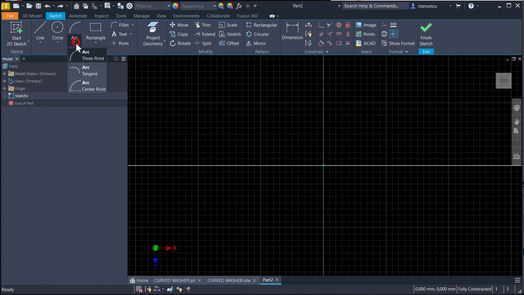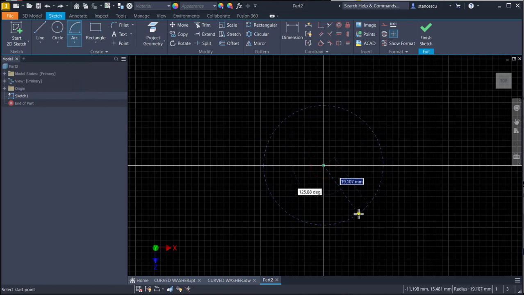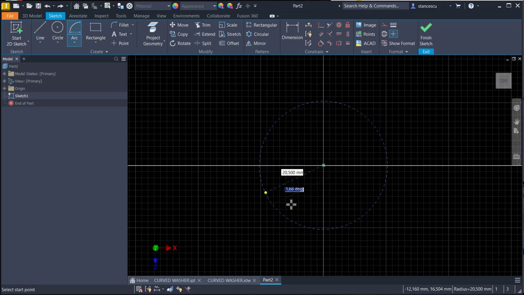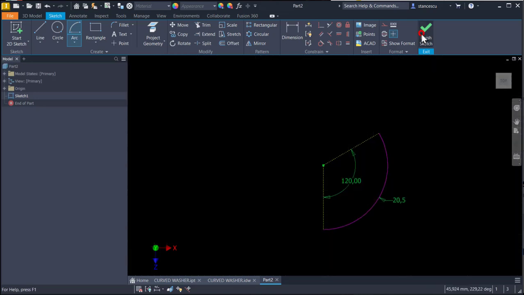I create a center point arc in the center point of the system with a radius of 48 plus 34, divided by 4, because it's a radius. Tab, starting from vertical, from 90 degrees to 120. Finish sketch,